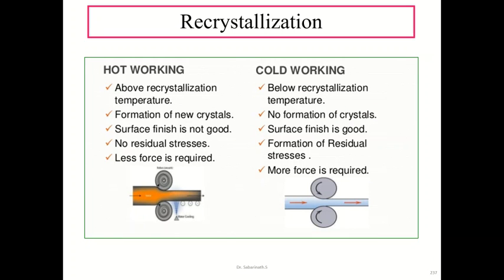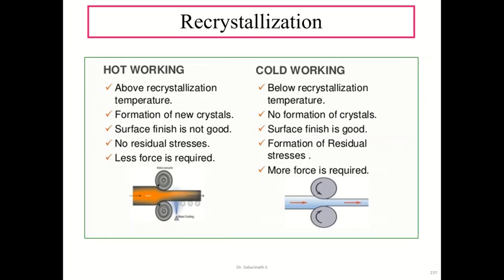So next we can see the difference between hot working and cold working. Cold working, we know, is a mechanical deformation of a metal at a relatively low temperature, whereas in hot working the temperature is above the recrystallization temperature. So the difference is that hot working takes place at a temperature above the recrystallization temperature, and cold working below it. In hot working, new crystals will be formed, whereas there will be no crystal formation